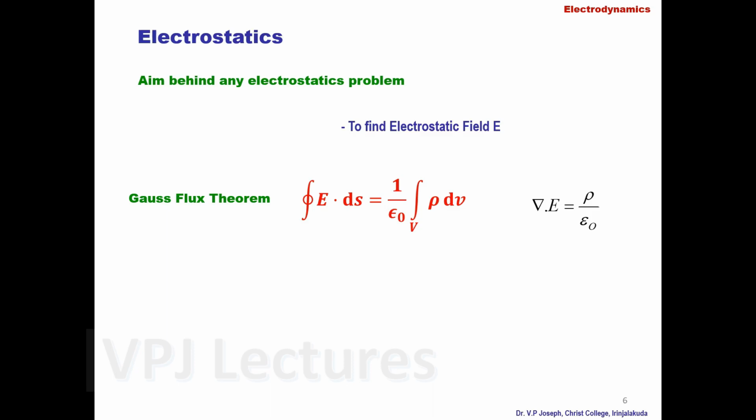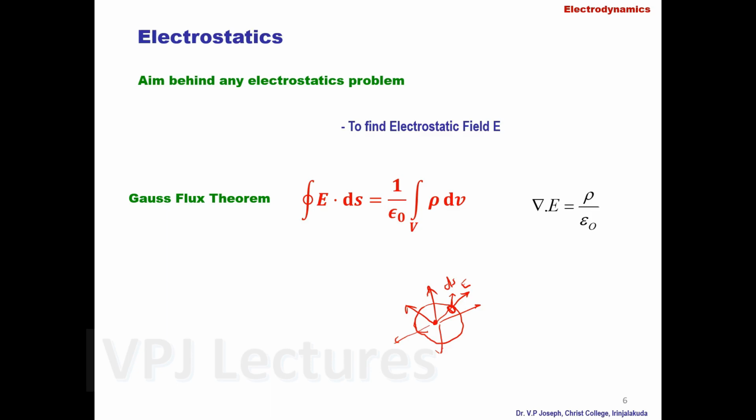Now, the statement of Gauss flux theorem is well known. The total normal electric flux over any closed surface is equal to 1/ε₀ times the charge enclosed by the surface. Suppose we have a charge at some location, and we suppose the field distribution around it. If you have any volume around it, and you consider any surface with electric field passing over as E and the area as dS,